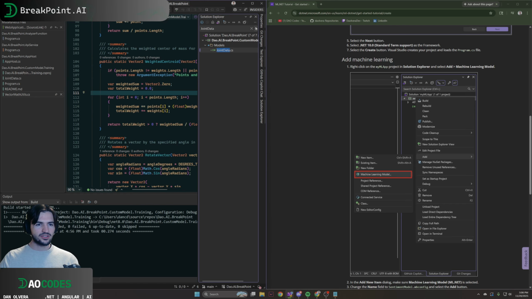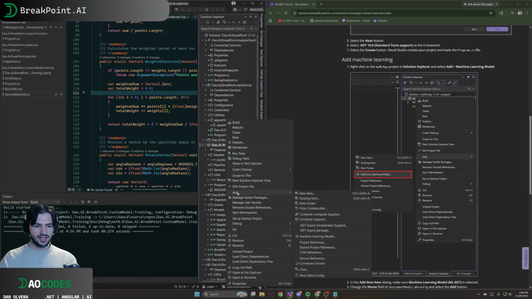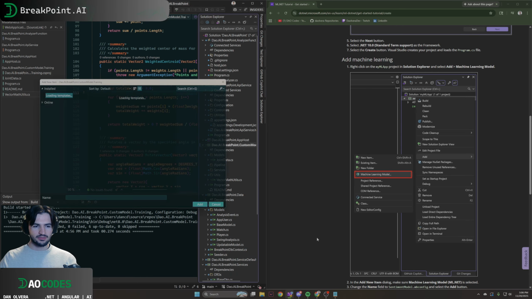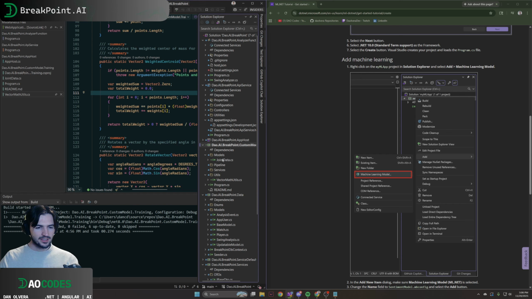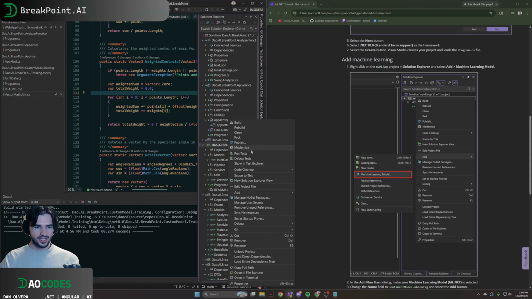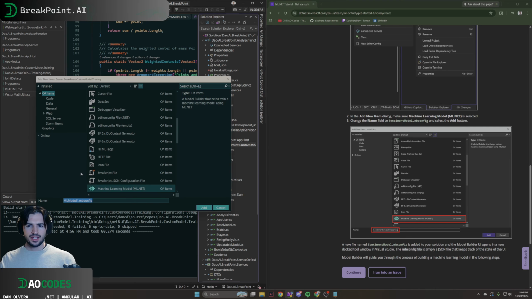And I think I probably need to add the correct things. But if I go here, add machine learning model. Oh, and I probably want you in my models folder. Well, this is like data. Sure, I guess we'll just add it at the root. Add machine learning model. Add new name, MLNet. Model builder helps train a machine learning model using MLNet. So let's call it